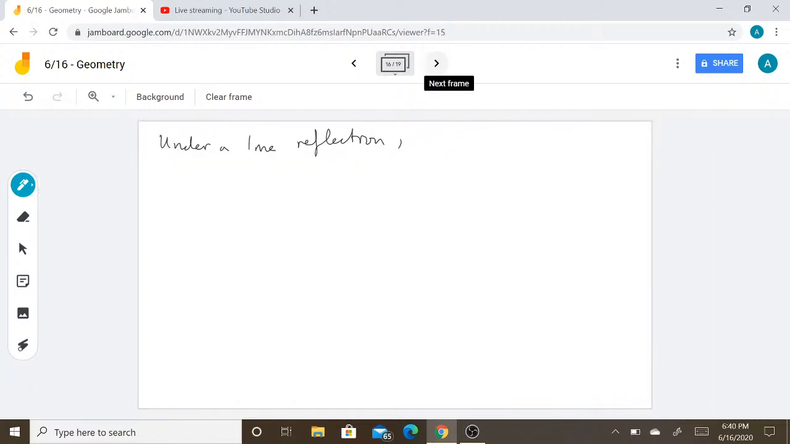So some information about line reflections. Under a line reflection, the distance, the angle measure, and the collinearity and midpoint do not change. What this means is that